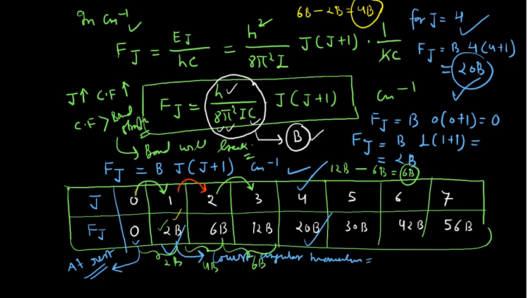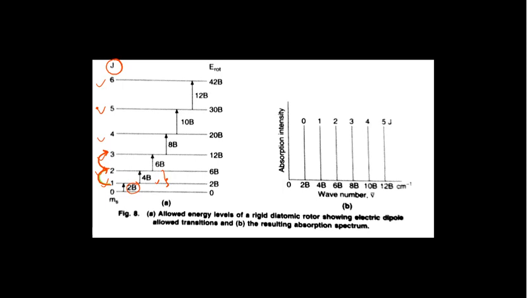So, you can observe this thing here. This gap, which was very low initially from 0 to 1, increases from 1 to 2, further increases from 2 to 3, and it goes on increasing. So, there may be a situation where the bond may break. So, this energy you can decrease.